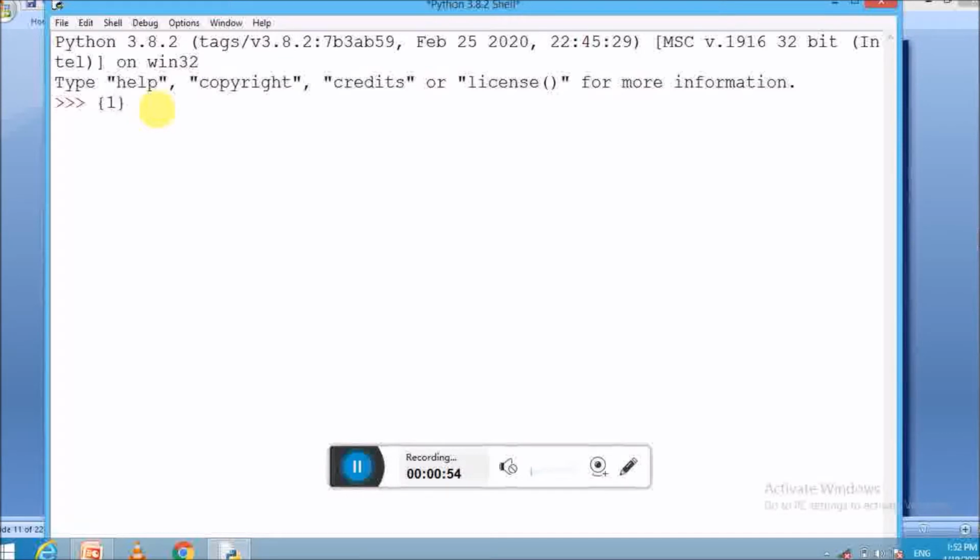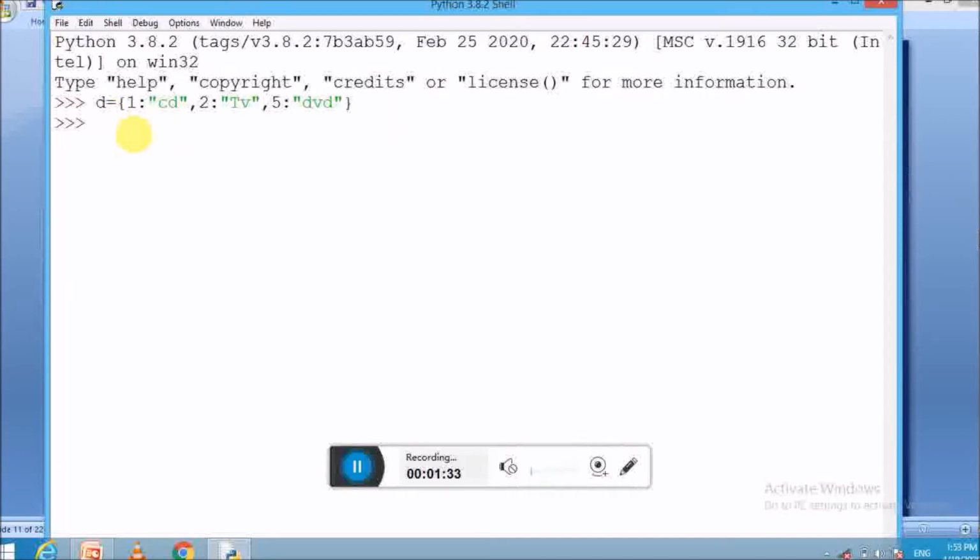The first key is 1 colon, value is CD, comma, second key is 2 colon, and the value is TV, and the third key is 5 colon, and the value is DVD. Now we have to keep them in a variable for further use. So I use D as a variable. Now click on the enter button.